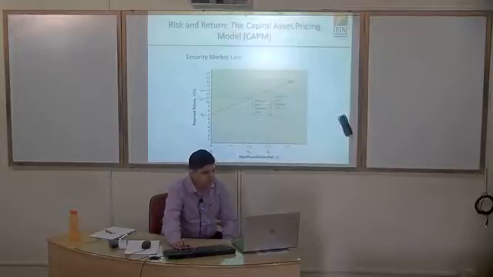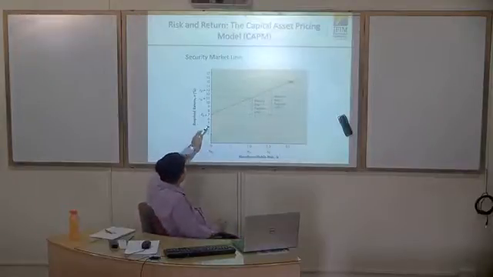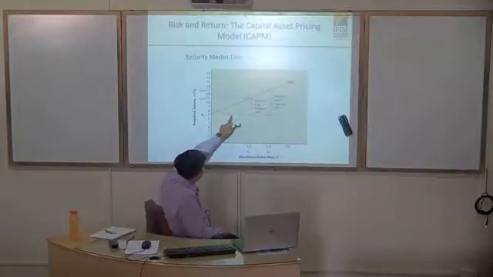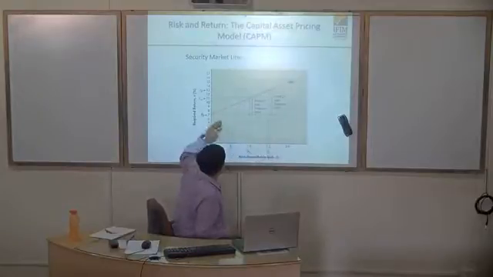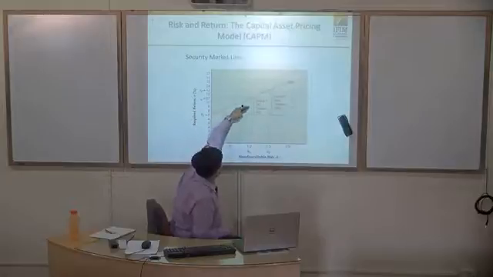So that's the depiction of the whole calculation on a graph. This is the concept of the security market line. This is the risk-free return line. And then from there the market risk premium starts kicking in. The more the premium, the higher the line. So market risk premium 4%, 6%.